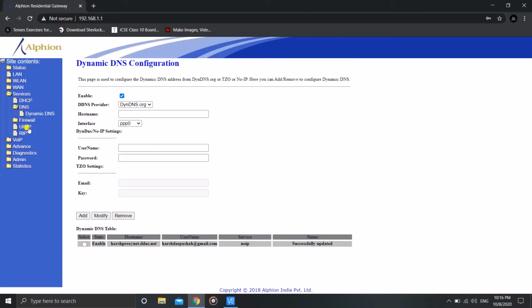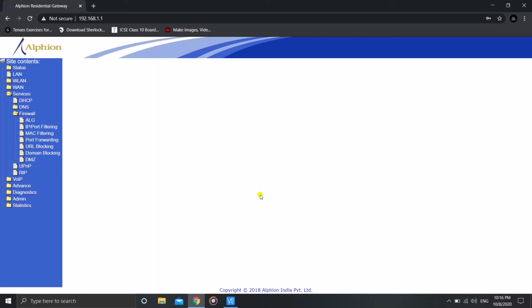Now we'll go to the firewall, where I found port forwarding. So remember to search on your router for the port forwarding option. You will find it somewhere. Port forwarding is definitely there in all routers, not only the modern ones like DDNS. So go to port forwarding now. Again I will have to delete my older entry, because I was testing how it works before making the video, so you might see some settings made earlier by me. Let it load. It's taking time.